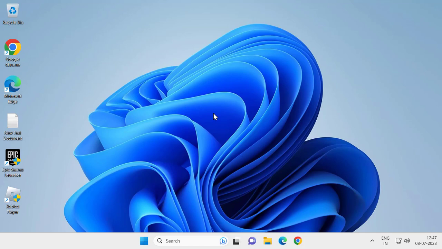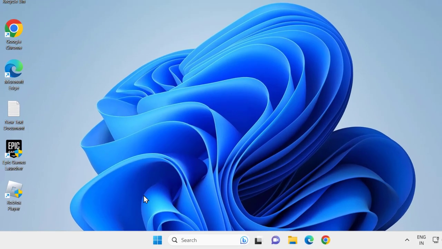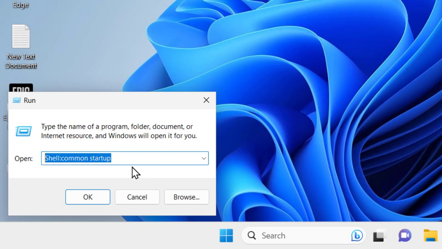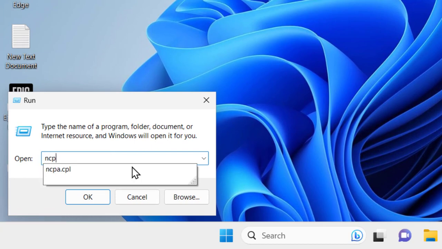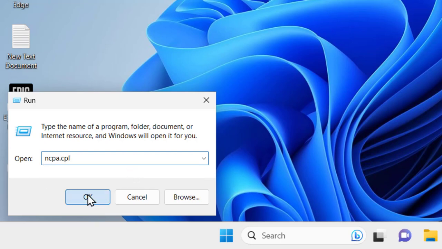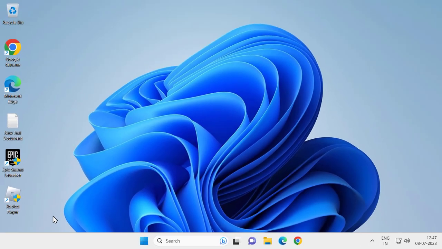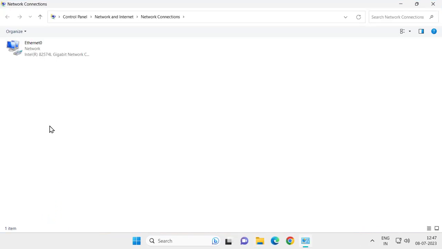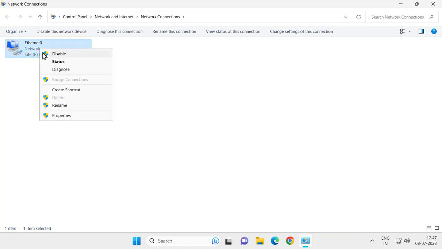For that you just want to right click on the start icon, select run, type here ncpa.cpl, click OK. Right click on the device you are currently using, Ethernet or Wi-Fi connection, right click on it and select properties,